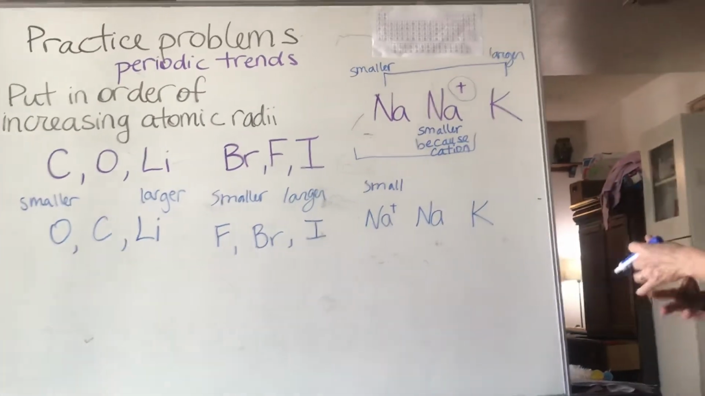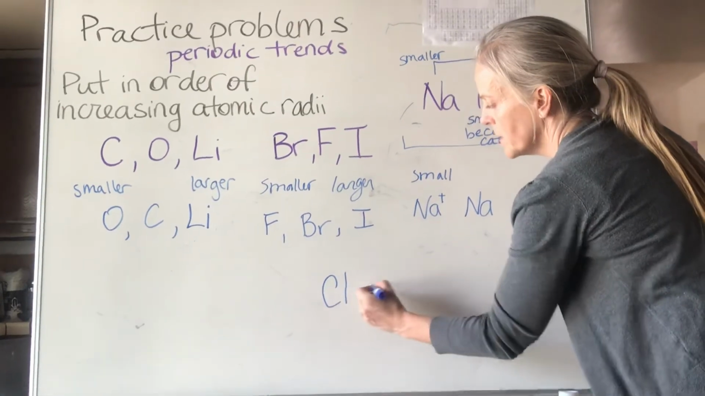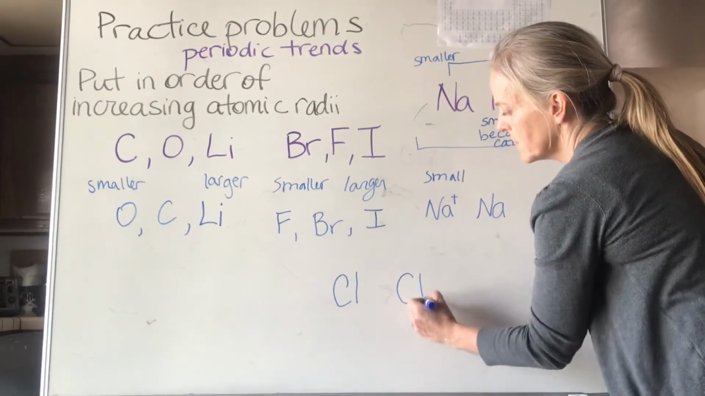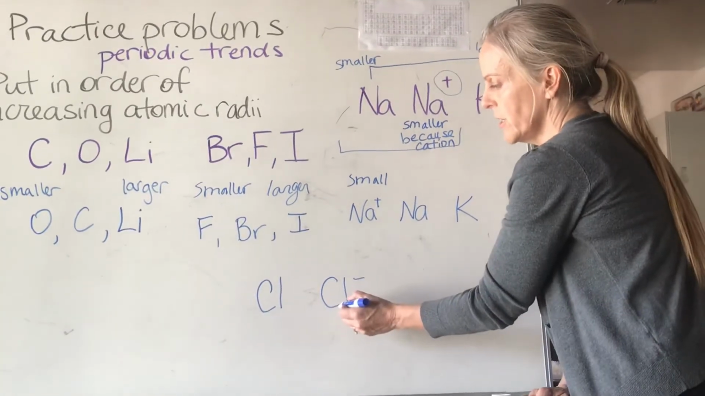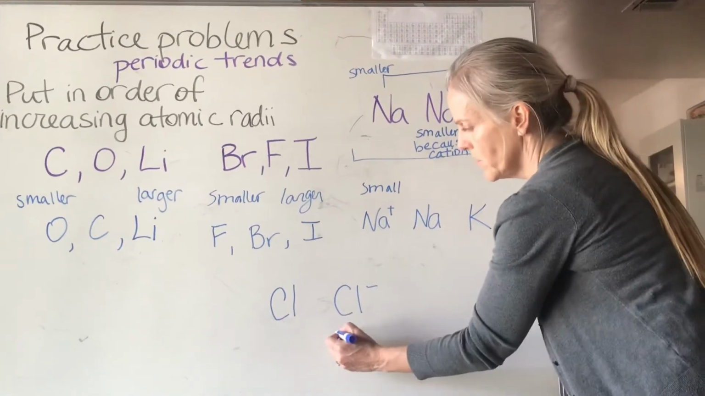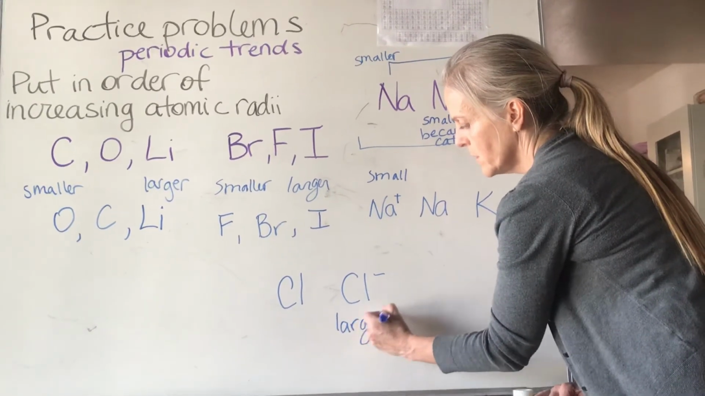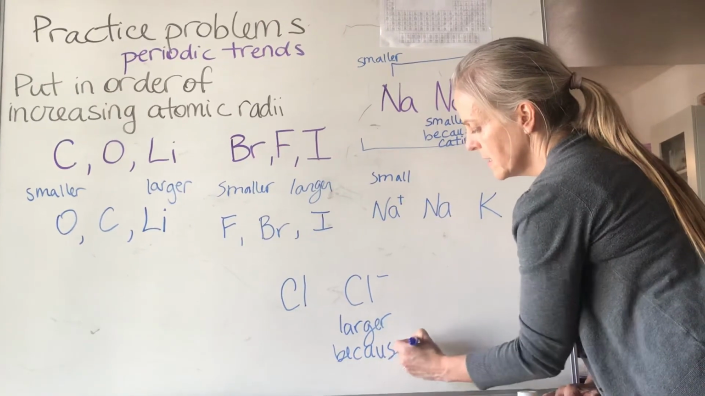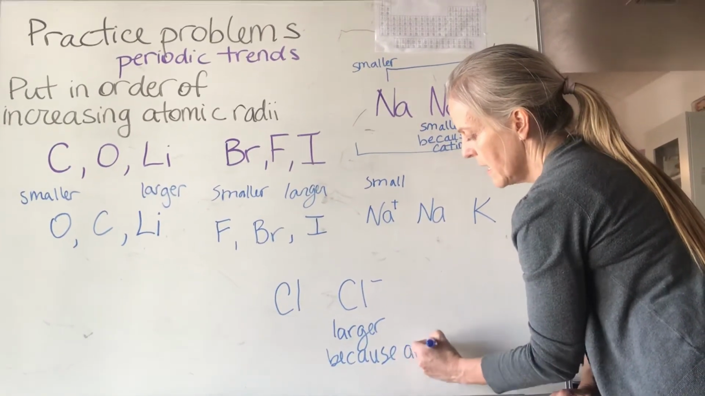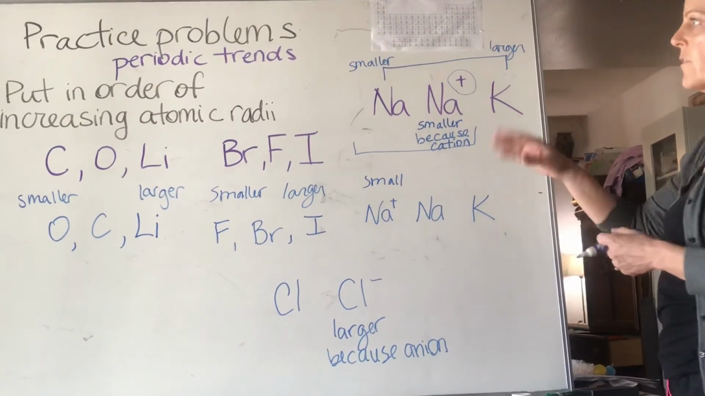And then if you did an example where it was, let's put it down here, an anion, the anions are larger than their neutral atom. So larger because it's an anion. Okay, we'll go over the